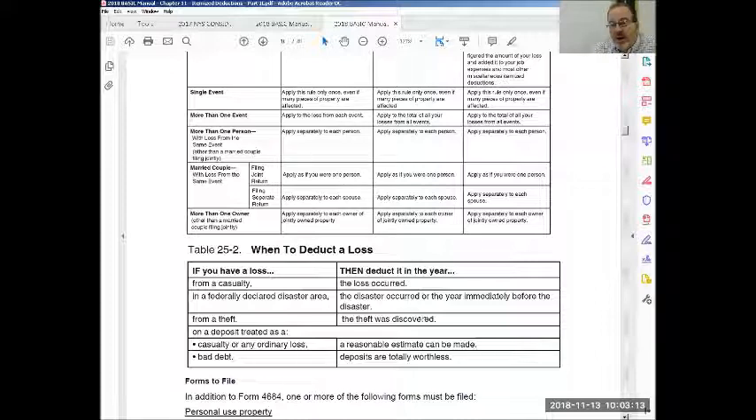Because the loss happened in that year. So as it says here, for casualty, you deduct the loss in the year the loss occurred. So you take it knowing that you might have to amend the previous year back. Really you should file it on the current tax year, but just know that if it happened,